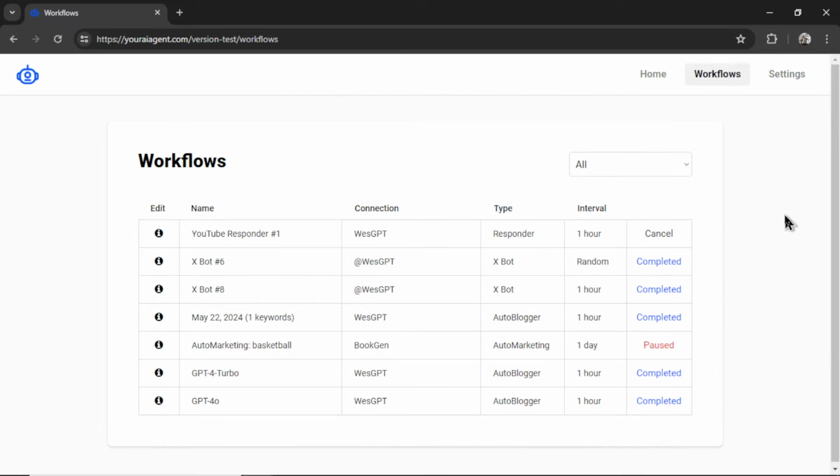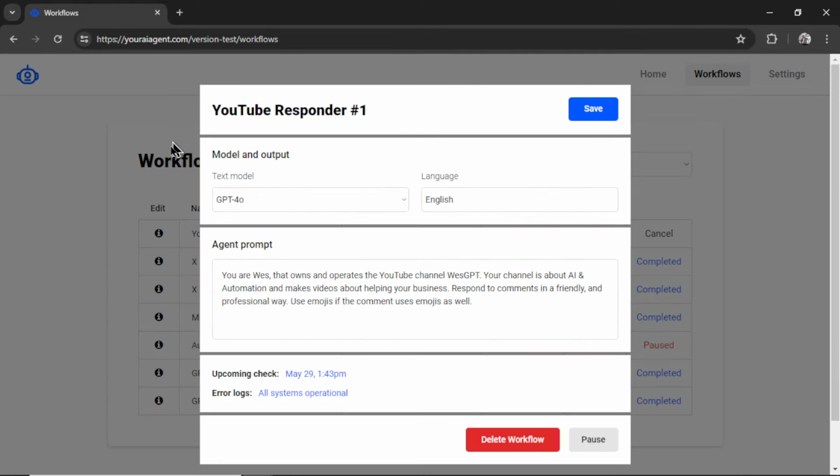It takes me to the Workflows page, and I can see all of my active and running workflows. So here it is, YouTube responder number 1. I can rename this workflow for internal purposes. We see that it's checking for new comments every hour. I can cancel this workflow at any point. I can also change some settings by clicking the edit button. It toggles this new pop-up where I can change the text model, the language, fiddle with the agent prompt. I can also see when the next upcoming comment check is. So it's going to be today at 1:43 p.m. And if there are any error logs, pause it at any point, delete the workflow, resume it, and save your